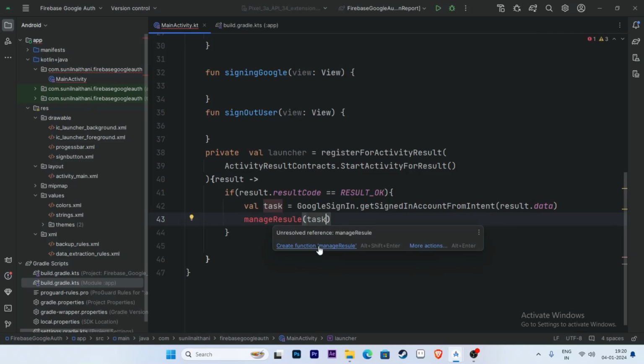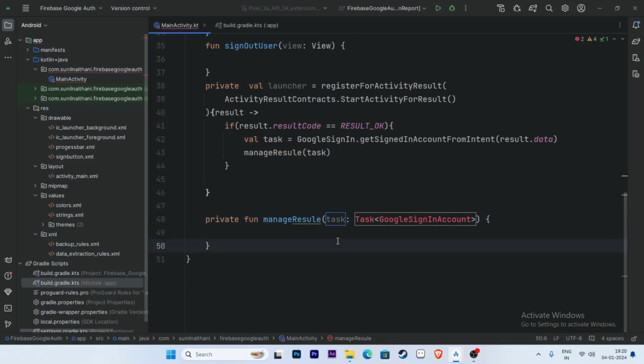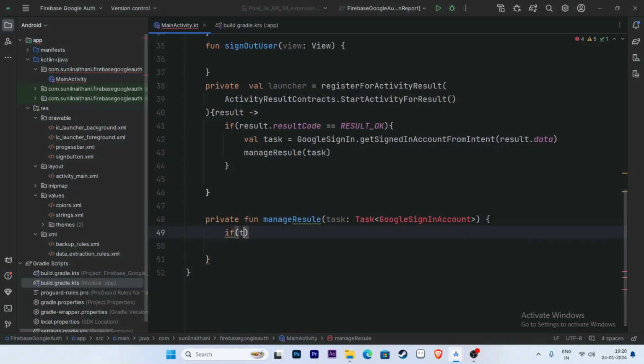Create a function manage result. If task.isSuccessful,